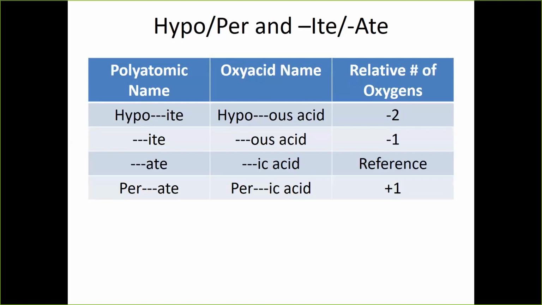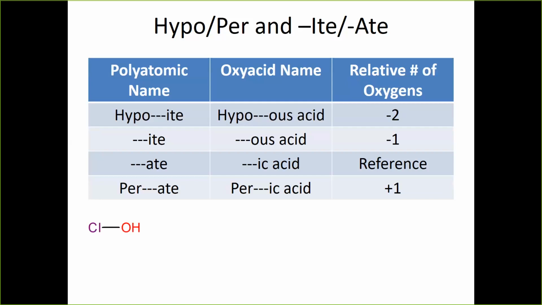In the same way like how iron can be iron 2+ versus iron 3+, and then you call it ferrous or ferric, and it has to do with how oxidized it is, you can do this with these oxyacids as well. So if you have one less oxygen attached to it, then it would be -ous acid, or if you have one more, it would be per-whatever-it-is-ic acid. And then if you have 2 less oxygens attached, it would be hypo in front of that as a prefix. And I'm going to show you an example so this is clearer.